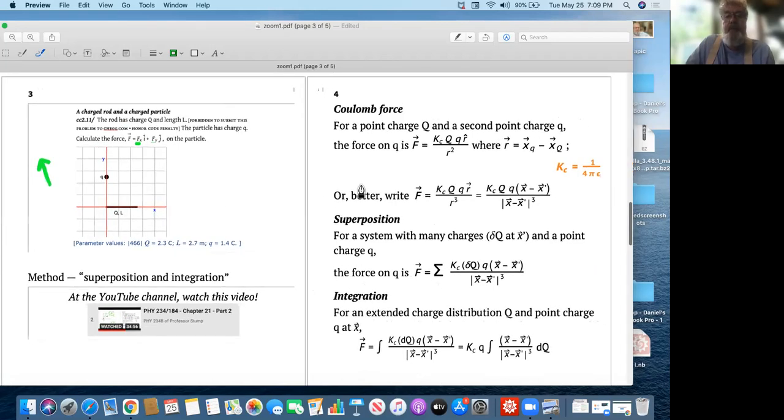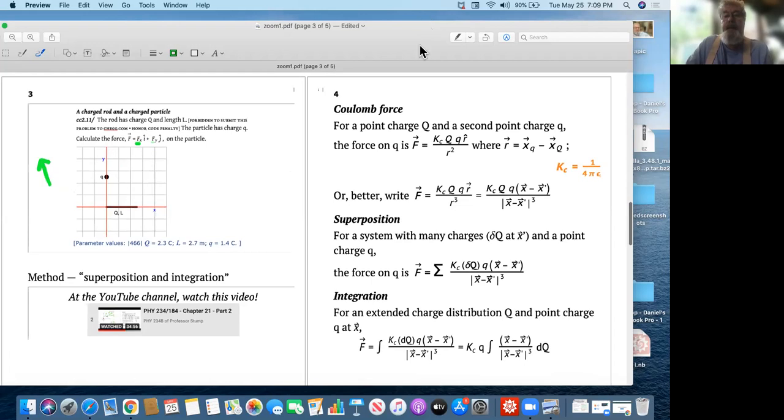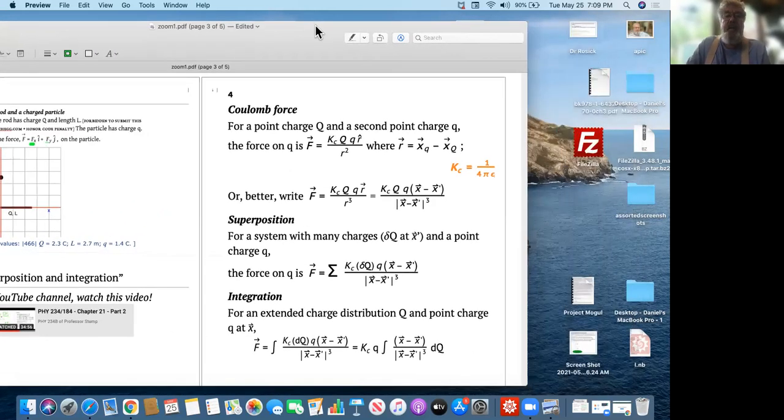So, here's what you need to calculate forces. You need the fundamental equation for the force between charges. That's called the Coulomb force, named for Monsieur Coulomb, who measured it first. If you have 2 point charges, a point charge capital Q and a second point charge little q, then the